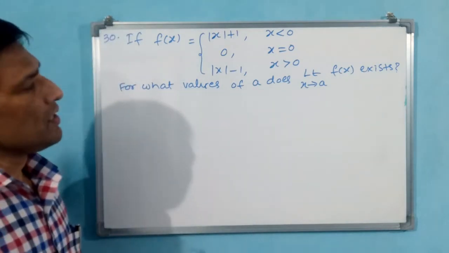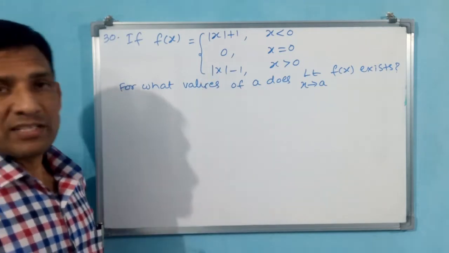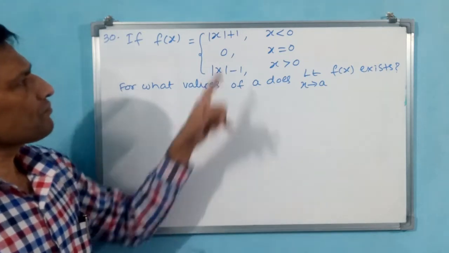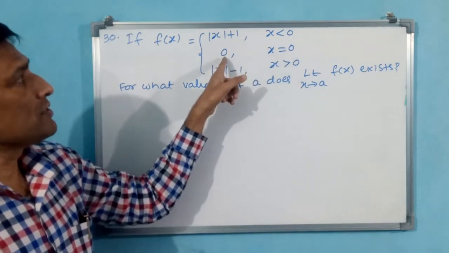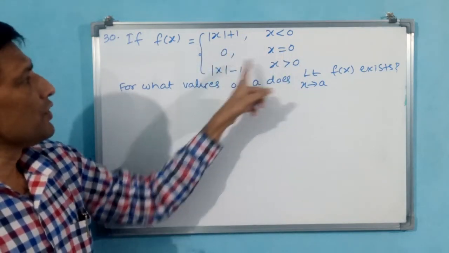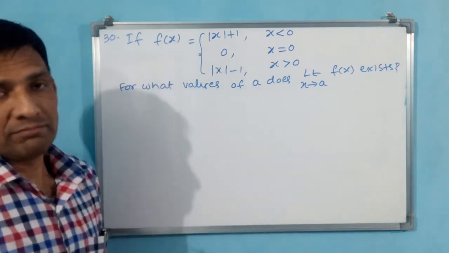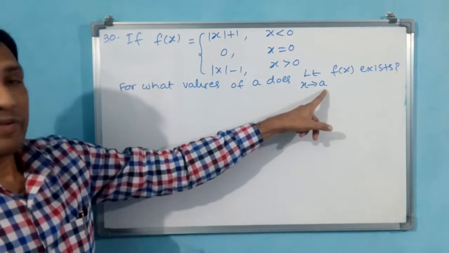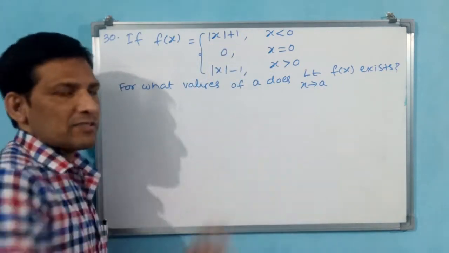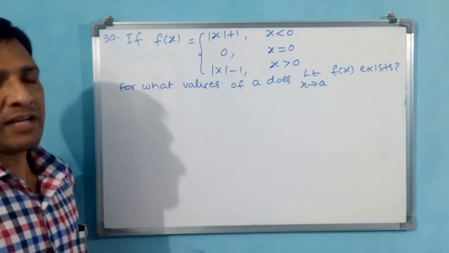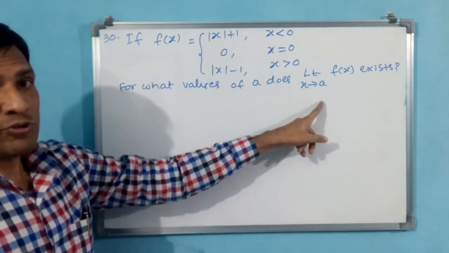We do one thing here. See here, by seeing itself we can know that at 0 it is not going to happen. Why? Because see, 0 is given, but from 0 plus 1, 1 will come, and from 0 minus 1, minus 1 will come. By seeing itself we can say, that means when a is equal to 0, the limit does not exist, like you can write. Even though we will write and do that one, even then I am telling, at 0, when a is equal to 0, the limit does not exist.